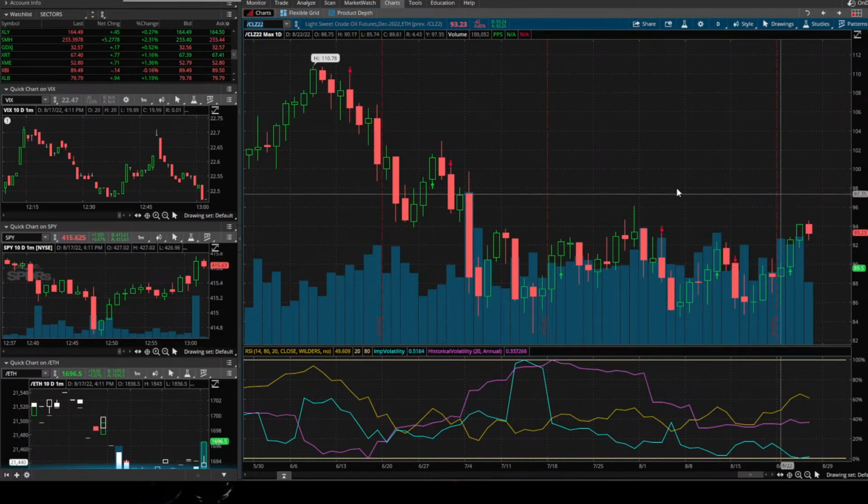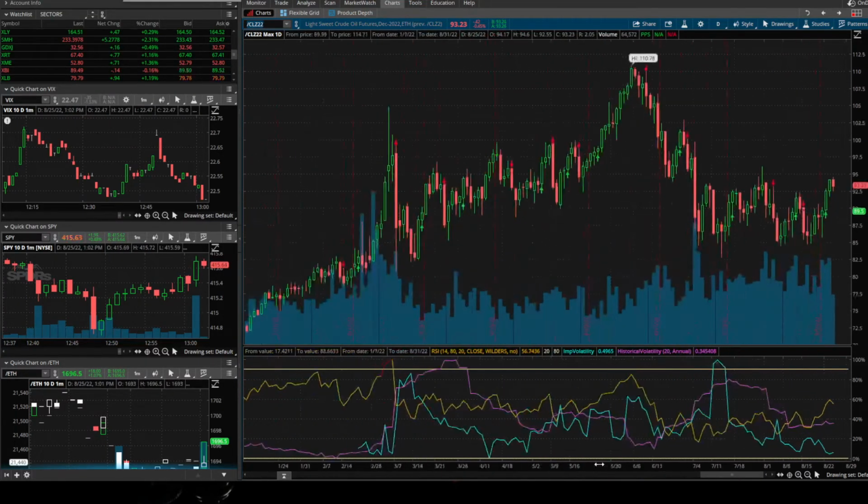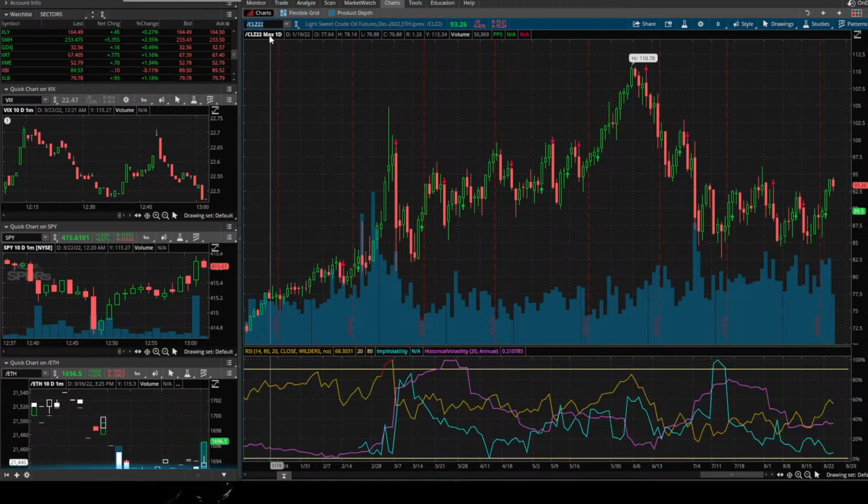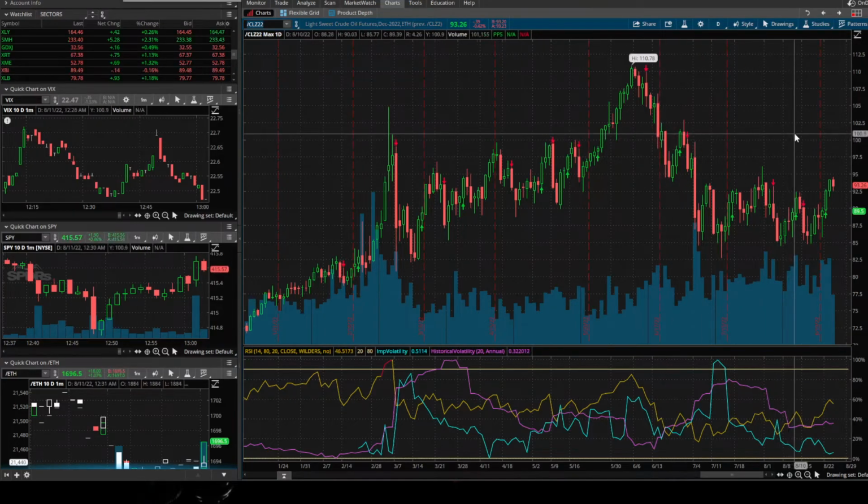And then we're going to take profits when it gets to around 99 or 100 on the December contract for crude. So make sure you guys switch to the December contract. It's not just CL, it's going to be CLZ 2022 or CLZ22 based on your broker. But we're going to be selling when the December contract gets to about 99 or 100.